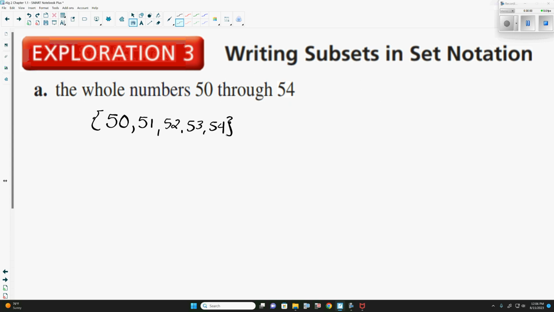Now, if it said list all the whole numbers greater than 50, well, then we can do the ellipsis, as we talked about yesterday, because if it makes a pattern, we can use the ellipsis to say it continues on with that. And if we don't put a number after it, it just continues on forever. But since it's just going to 54,